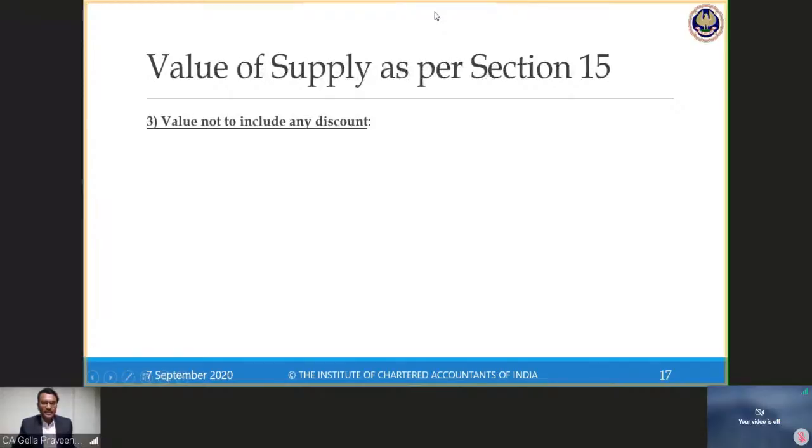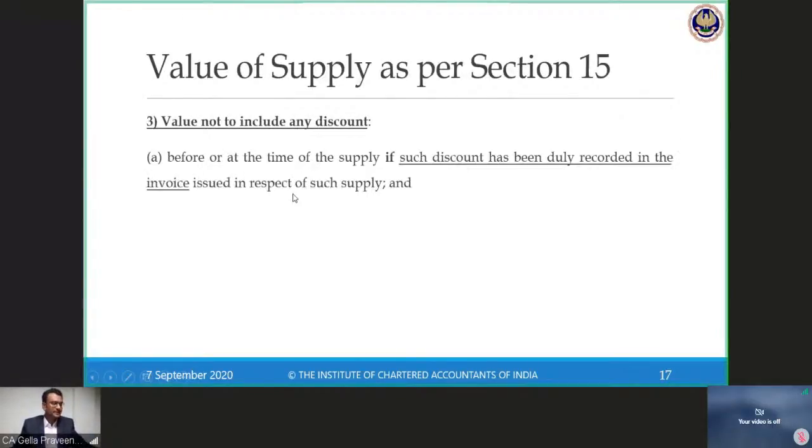I'll come back to my discussion on value of supply. Coming to point number 3. This is another hard-bone discussion and debate which is happening in trade and industry. Section 15 subsection 3: my value of supply not to include any discount. What is a discount? In general parlance, discount is a reduction in consideration. Discount is an offer in price of what I have charged. So subsection 3 says value shall not include a discount when, clause A,